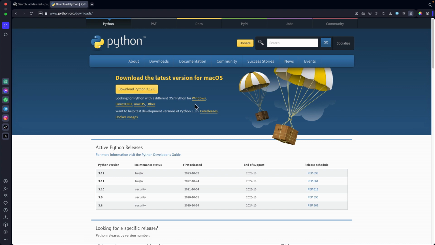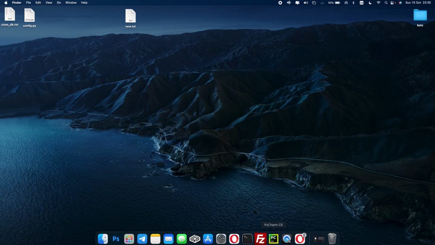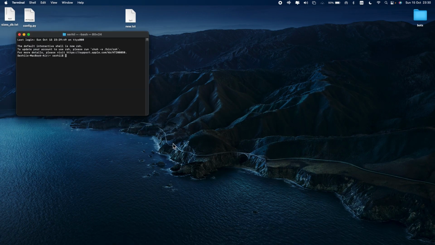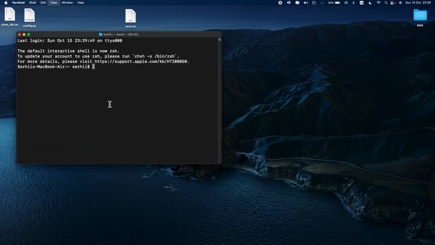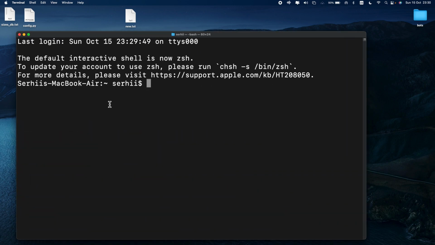After downloading and installing Python, you can check if Python is installed by opening your terminal. Let me zoom in a bit and type in the terminal python3 --version. On my MacBook, Python version 3.10.10 is currently installed. Moreover, when you have installed Python, it means that on your computer you now have not only the Python language, but also a Python interpreter and Python virtual machine.